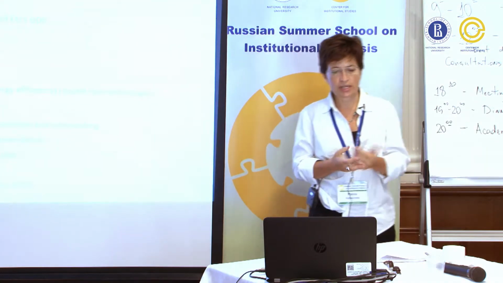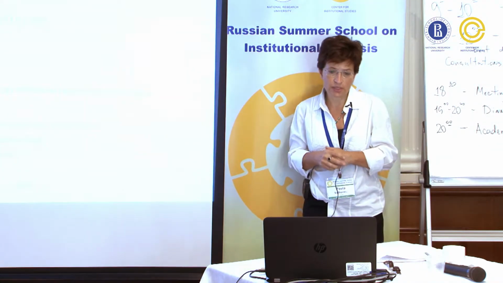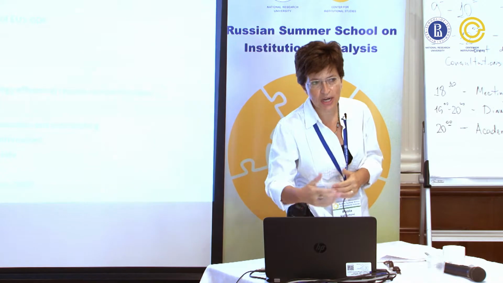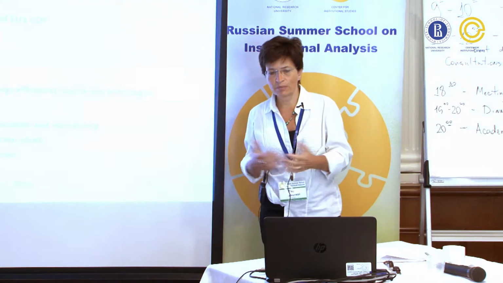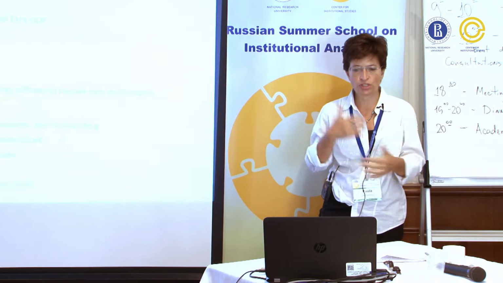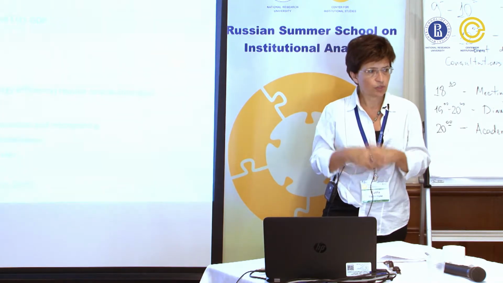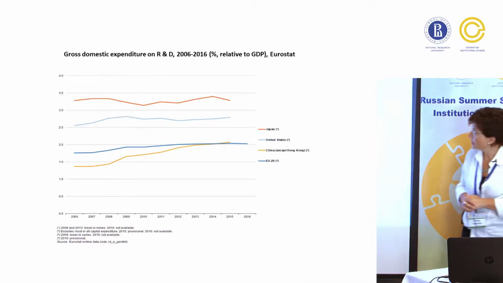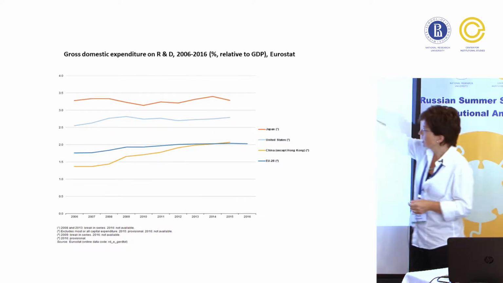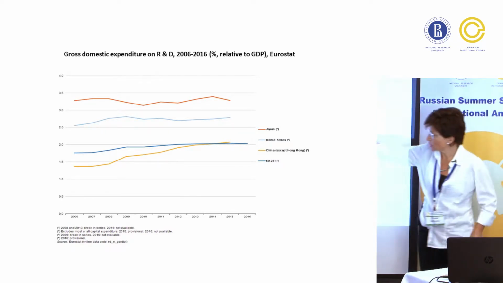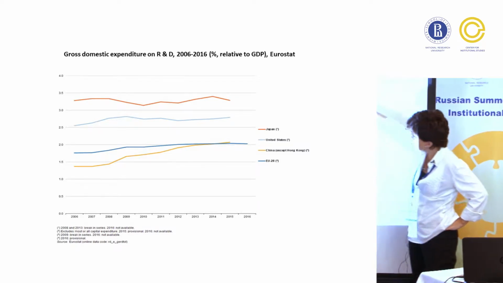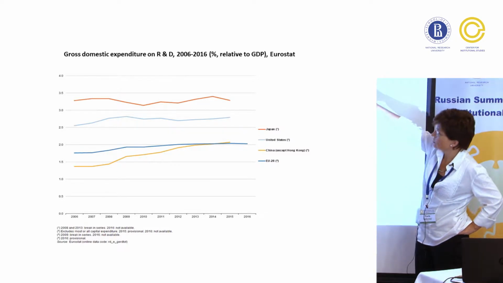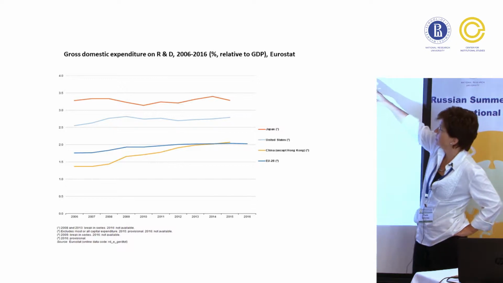Why this? Because we have a quite large productivity gap with respect to Japan and the US, and also because there are, as I also referred yesterday, some challenges in climate change, energy efficiency, and environmental policies, which really call for new technologies. This is just from Eurostat, and unfortunately is until 2016, but it's just to show you the percentage of gross domestic expenditure on research and development relative to GDP.